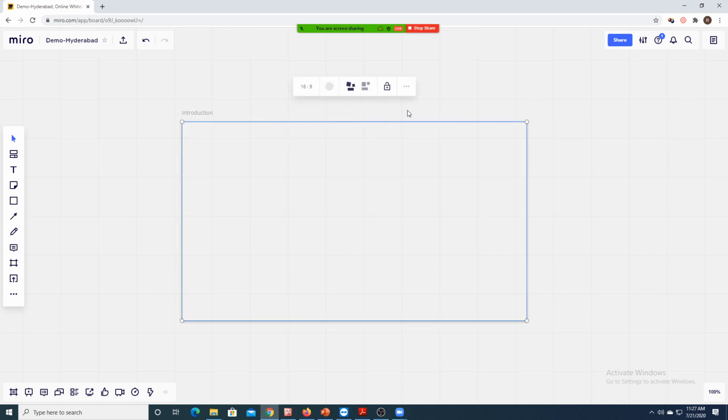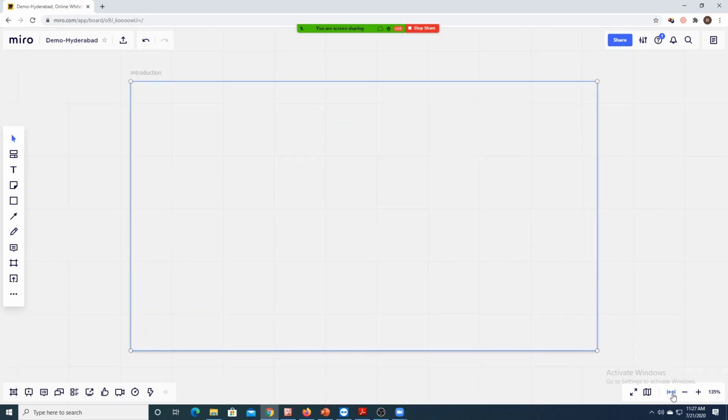You click on that, and let me now expand it. Now I want this to be maximized for the entire screen because you will be writing on it. So I'll just go here on the down. You can see full screen, you can see minus, plus. Don't worry about other things. You can see fit to screen, you can do that.